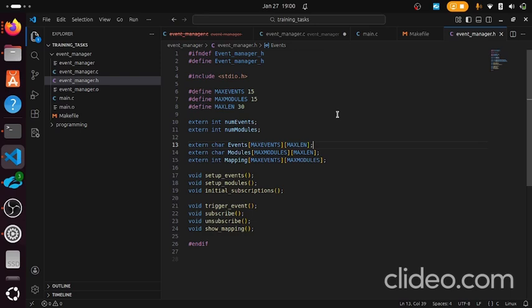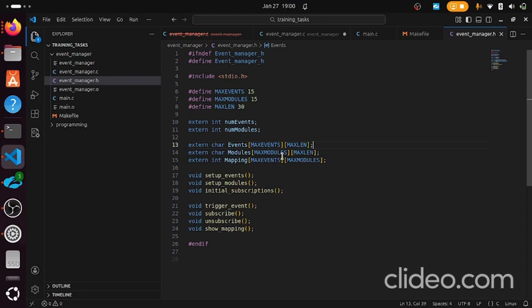Let's say for event 0, it is given as something like start. Then in the 2D array, in the zeroth row, you will have start as a string there. And